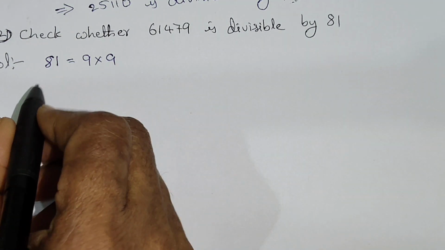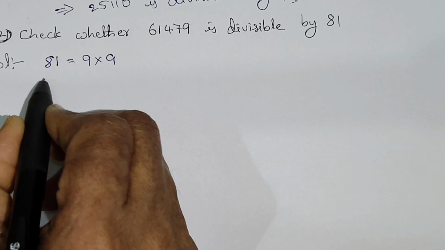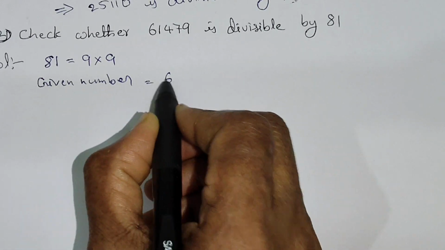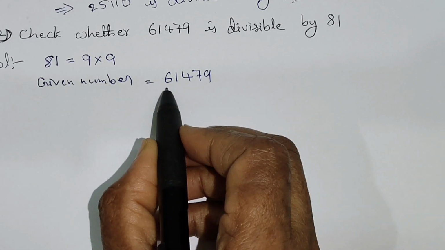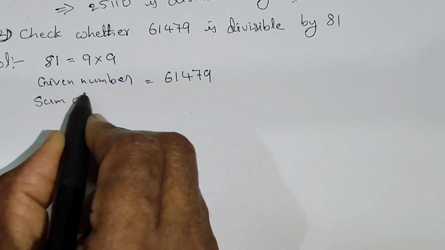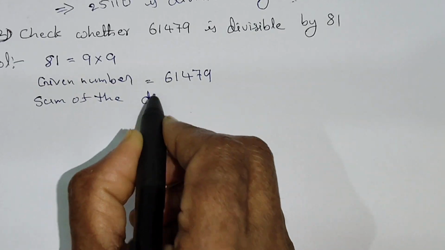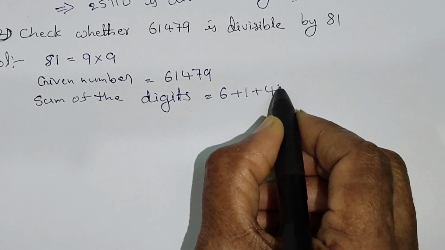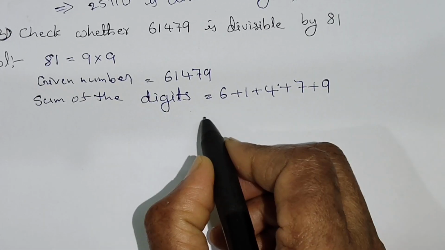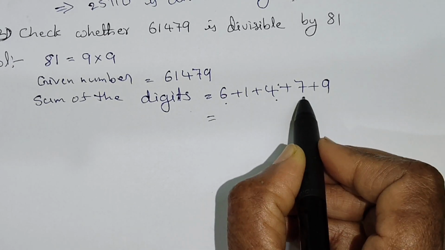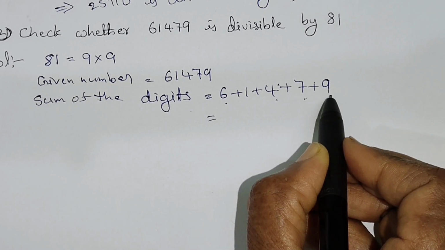So now the sum of the digits of the given number 61479 is equal to 6 plus 1 plus 4 plus 7 plus 9. So that is 6 plus 1 is 7, 7 plus 4 is 11, 11 plus 4 is 15, 15 plus 9